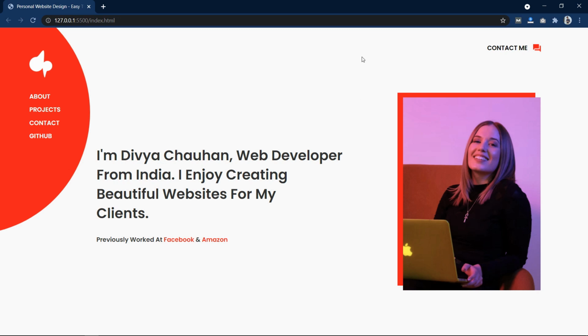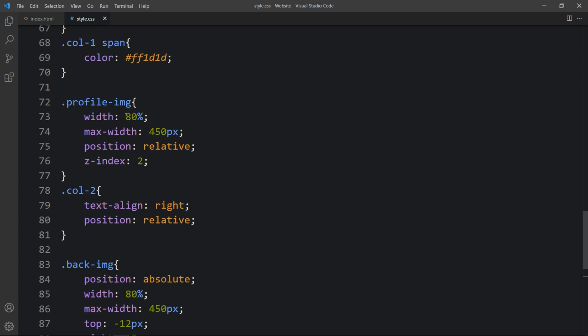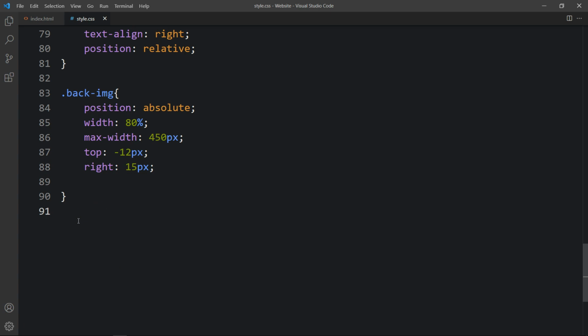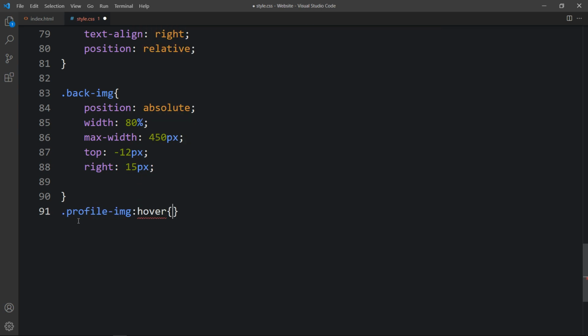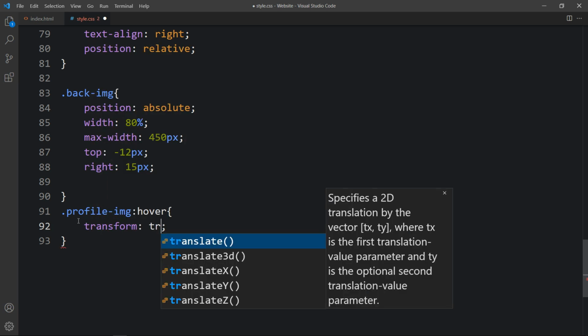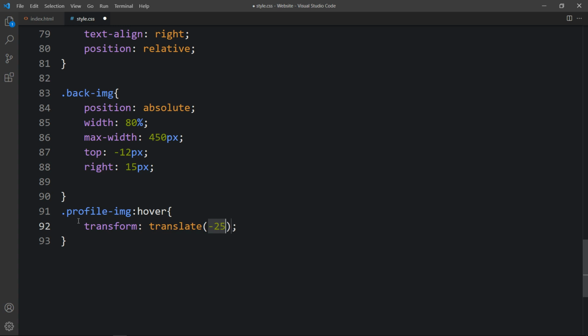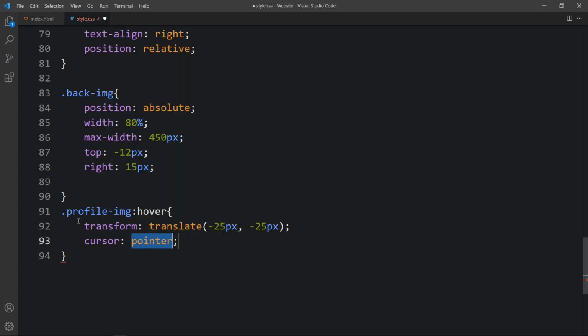Now we have to add some transition on this image, so let's copy this class name profile img, write it here. Here we will add hover. Let's add transform translate minus 25 pixel and minus 25 pixel. Cursor it will be pointer,